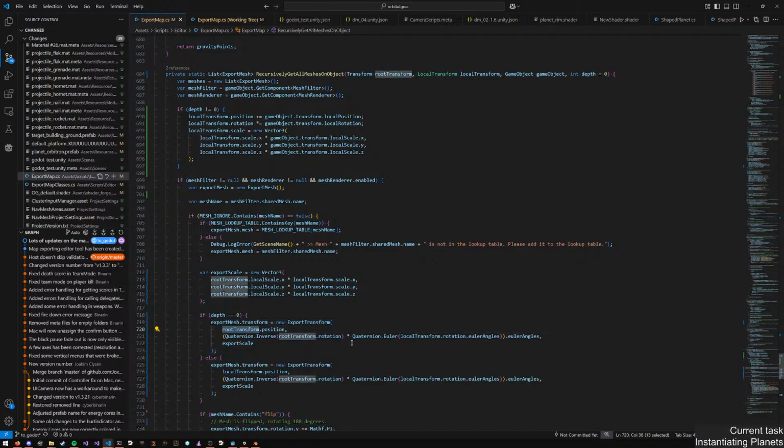So this is like the top level object. And if we go further down, we use the aggregated local transform. That works for precision. I guess it works for scale and